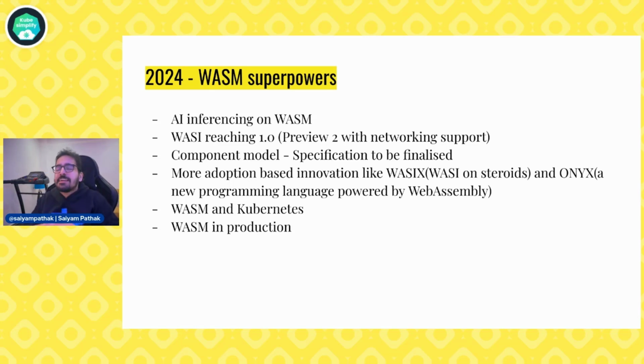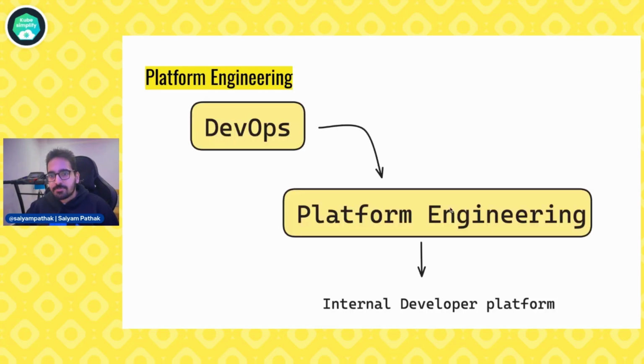Wasm and Kubernetes, a very interesting space, going to boom in 2024 for sure, because with the rise in and the maturity in the runwasi project, runwasi shims, that lets you run WebAssembly workloads on your existing clusters. And we'll see more and more cloud providers natively providing that option, where you can create a new node and make it WebAssembly compatible by default and run your WebAssembly workloads on your existing Kubernetes clusters or new Kubernetes clusters. AKS is already doing that, and we'll see more and more cloud providers joining this and providing this feature. And we'll also see more and more WebAssembly in production use cases.